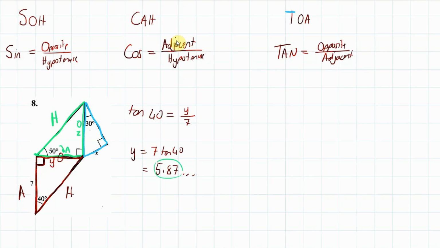So, if I've got adjacent and opposite again, it's tan. Tan 50 equals my opposite, which I don't know, over the adjacent, which I just worked out to be 5.87, and I've got that stored in the calculator. So z should be equal to 5.87 multiplied by tan 50. Now what you're going to do, instead of putting 5.87, you're going to use the unrounded number. So you can go alpha A